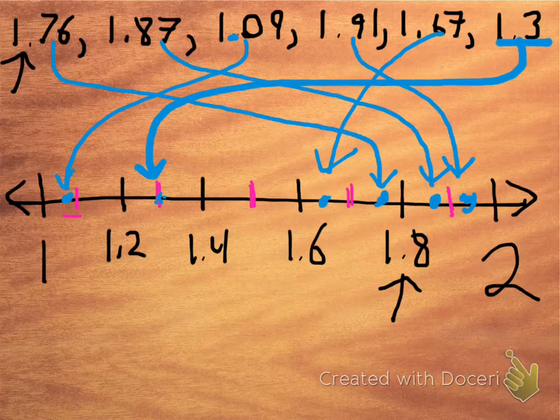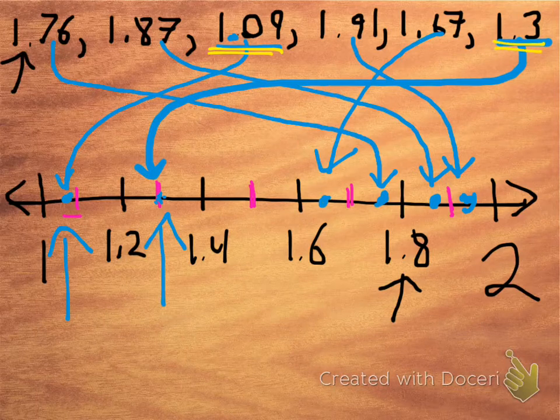Okay? Now, going from left to right, we can see that this first point comes from 1.09. That's the smallest decimal. This next one was exactly 1.3. So let's change colors again. So 1.09 comes first. 1.3 was second. The next one was this point right here, and that is 1.67, followed by this point,